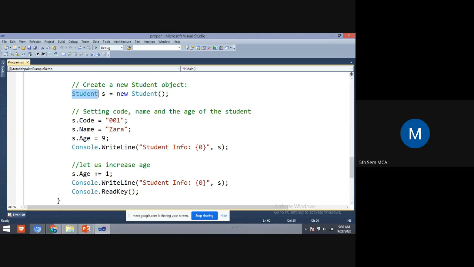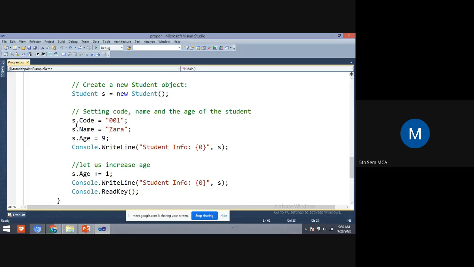Class name is student, then object, new keyword, and the class name. This is the object creation.